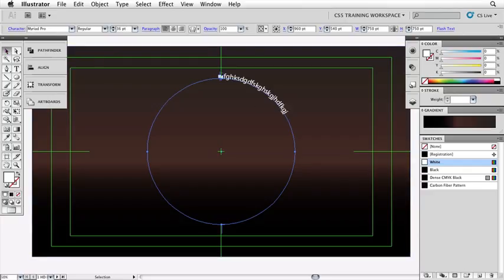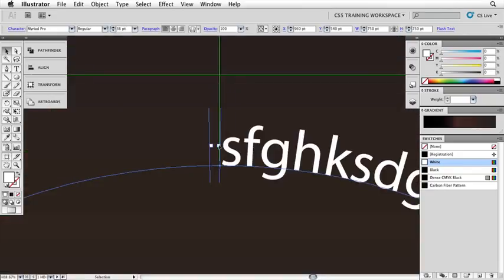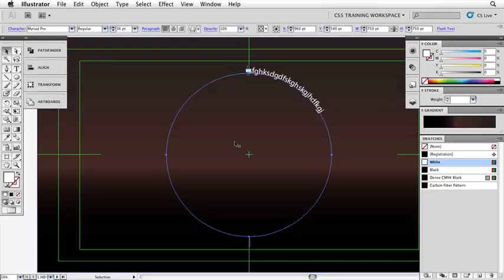And you'll notice there are these 2 single blue lines here. In fact, if I just zoom in there, you can see it very easily. Basically, because we clicked at the dead top of this, it's created what we call the start and the finish point of the type. Essentially, the type is running around the entire circle, so the full circumference, if you like, of the circle. If you sort of unraveled it and laid it in one line, you can imagine the start and finish point. Well, that's what we're seeing here. Illustrator knows that the text, if it continued to flow all the way around the circle, would end here and it starts here, okay? The reason I show you this, if we just go back to Fit in Window, is